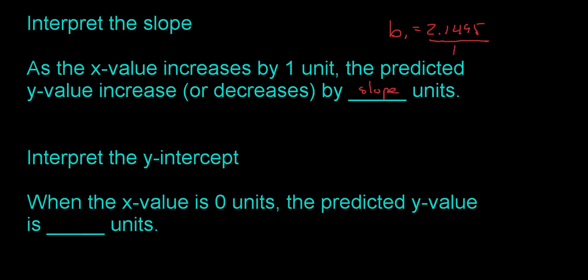When you think about slope back in middle school, the bottom is always the x's, the top is always the y's. So this actually now makes sense. For every 1 x, the predicted y is the 2.1495. So, as the number of rail cars goes up by 1 rail car, the predicted fuel consumption increases by 2.1495